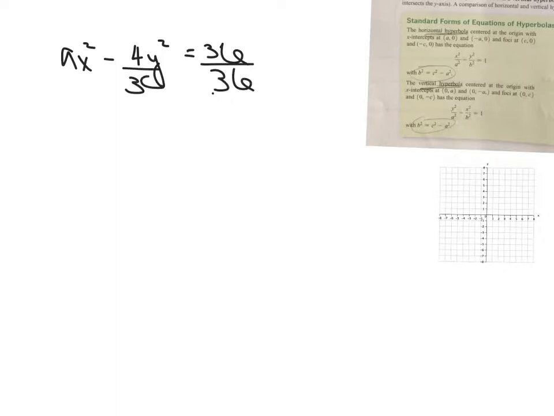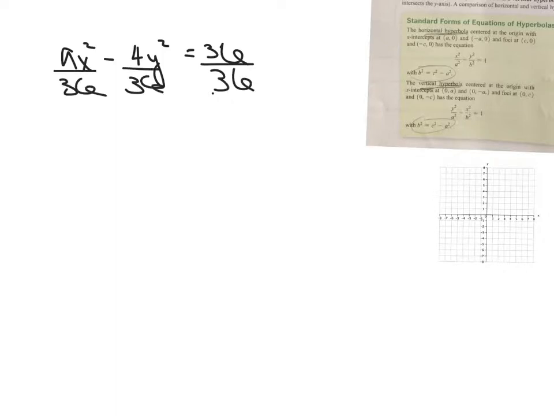So let's look at example number 3 here, where we have 9x squared minus 4y squared equals 36. Okay, so the first thing we need to do is make that 36 a 1. In order to do that, again, just like on the ellipse, we divide each term